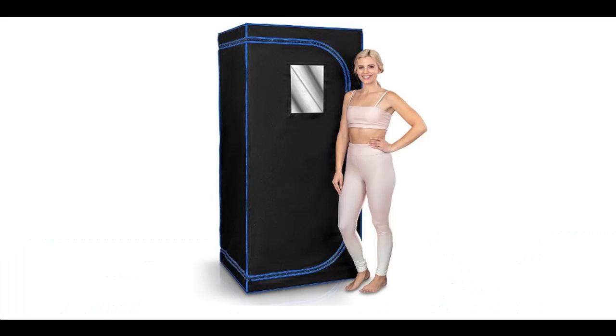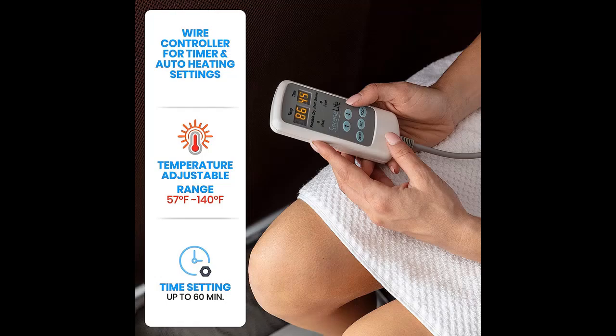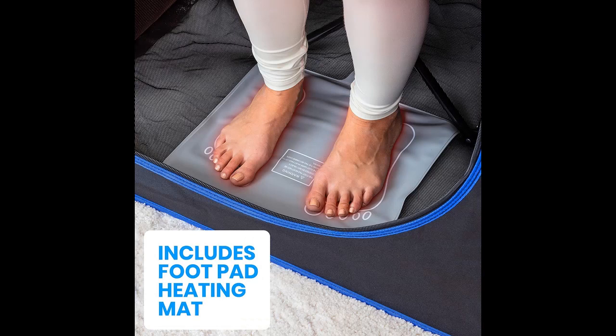Can't get to the spa but want to experience the benefits of sauna therapy? No problem, this indoor sauna kit comes with everything you need to get your sauna on in the comfort of your own home. Detoxify and relax. Use this portable home sauna for weight loss, detoxing, and stress/fatigue relief. The heat that radiates from the sauna and heated foot mat soothes achy muscles, helps prevent fatigue, and detoxes the